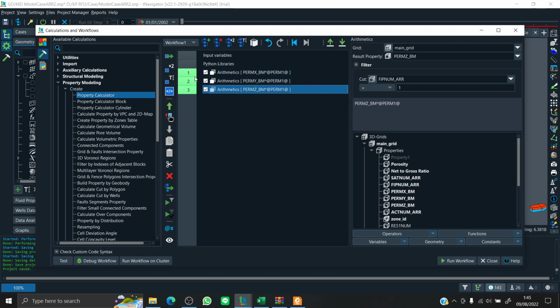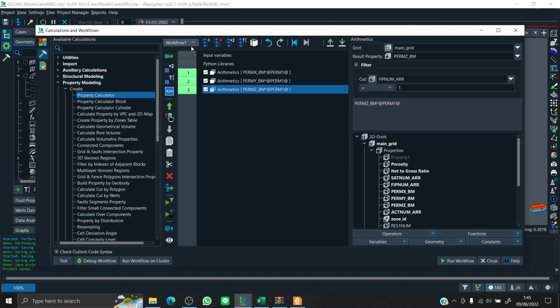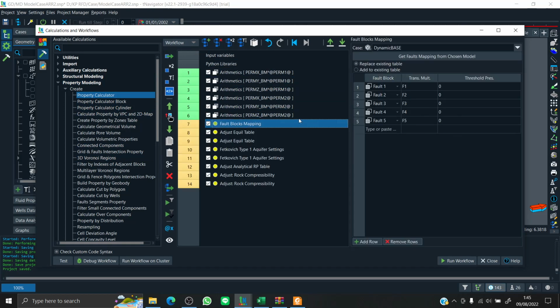Okay, so for the next workflows, we have our fault transmissibility for our fault blocks. So the workflow calculation name for the fault transmissibility is, I'm just gonna look at it, fault blocks mapping.